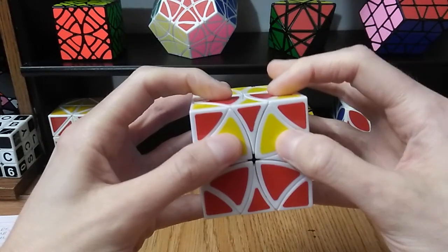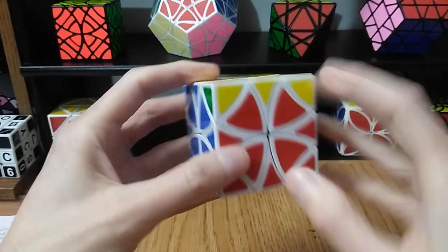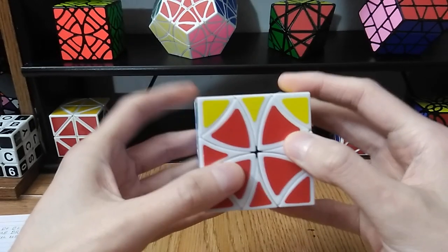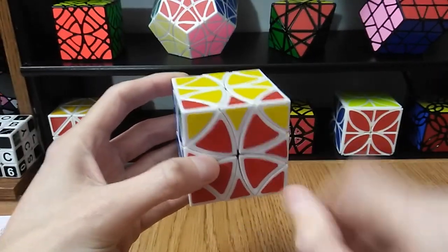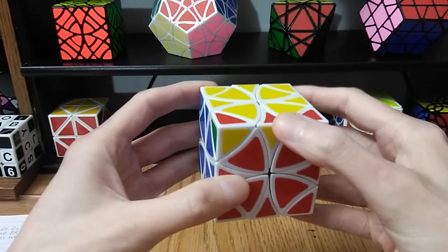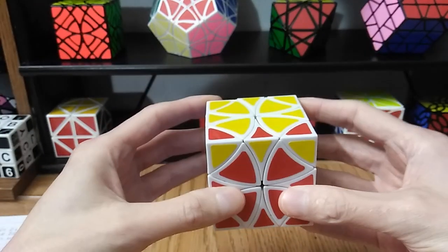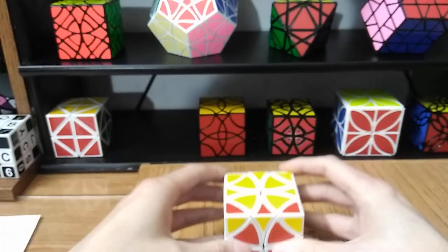Looks like you've swapped both of these, but if you put those back into place, you can see that you can still fix the yellow and red, but now these two corners have swapped places, and the edge in the middle here has swapped place. That comes in much more handy, again, like I said, for the last layer, fixing these, but on the